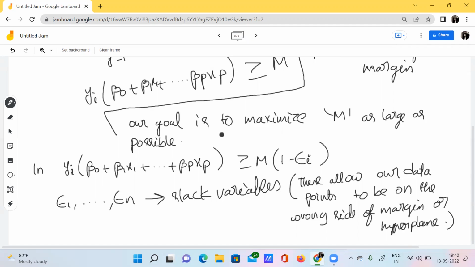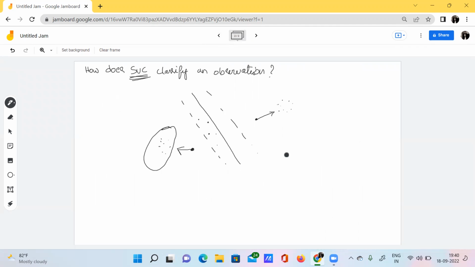See here, earlier I have said there are some data points which are actually within this margin. That is, these data points are actually misclassified. These are placed inside this margin wrongly.